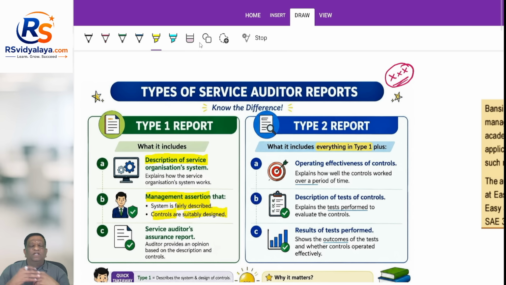Now you tell me, if you are the user entity auditor, which one will give you more comfort? It is the type 2 report. But obviously, every company would then ask for a type 2 report, and it is the money that is involved. If you want only a type 1 report, he will only study the system and see whether the controls are established, and he will charge X amount. But if the user entity auditor insists on a type 2 report, the service auditor will have to perform test of controls, derive and analyze the outcomes, and then comment on operating effectiveness. That would cost X plus some amount.